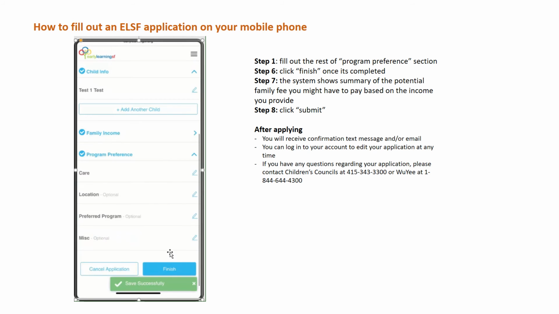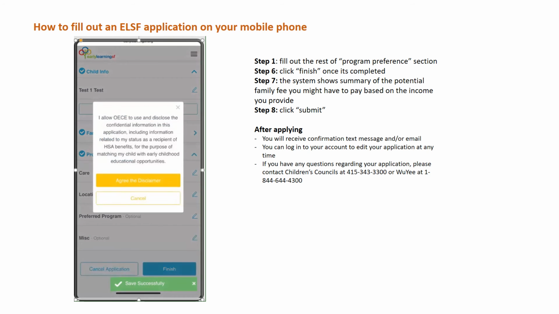you can now click finish, and you will see a disclaimer that lets you know that the information you provided us will be kept confidential. Please click agree the disclaimer,